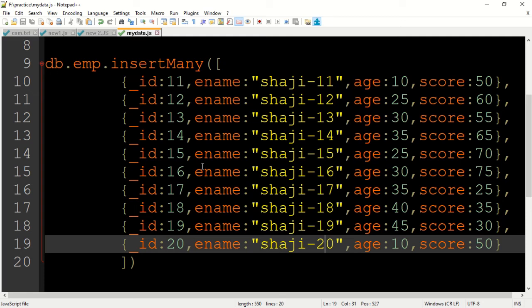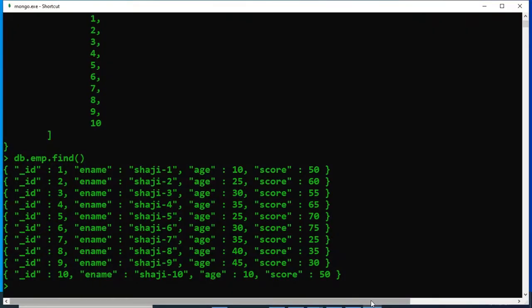Now let's go to our shell, minimize this, go to the shell, and here we say load, L-O-A-D, bracket open, bracket close. So we say load and the directory name within quotes, say f:\practice.